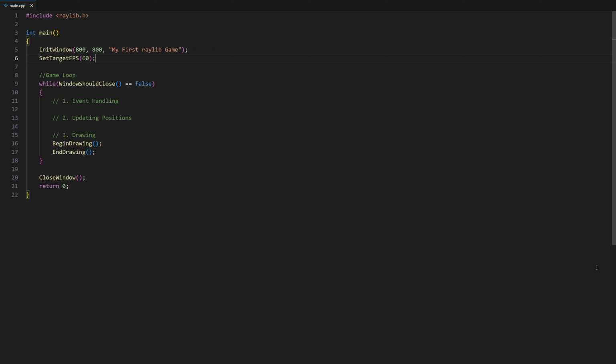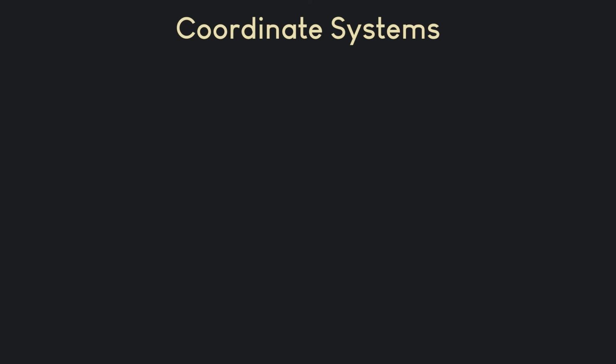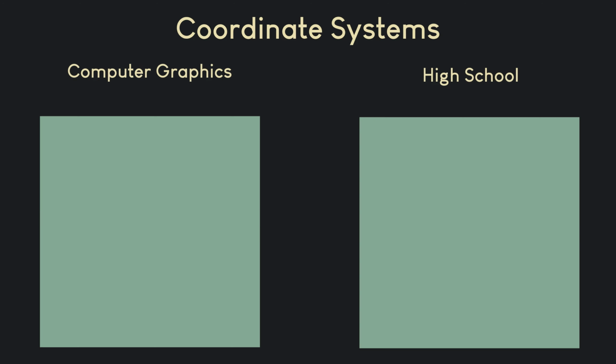Now let's draw a white circle at the middle of the screen to represent our ball. Before doing that, let's see how computers draw on the screen. We just created a game window, and to draw on it, we use a coordinate system similar to the one taught in high school. Each point on this window has its unique x and y values. The coordinate system used in computer graphics differs from the standard Cartesian coordinate system taught in high school. In computer graphics, the origin of the display is located at the top left corner, with 0, 0 being at